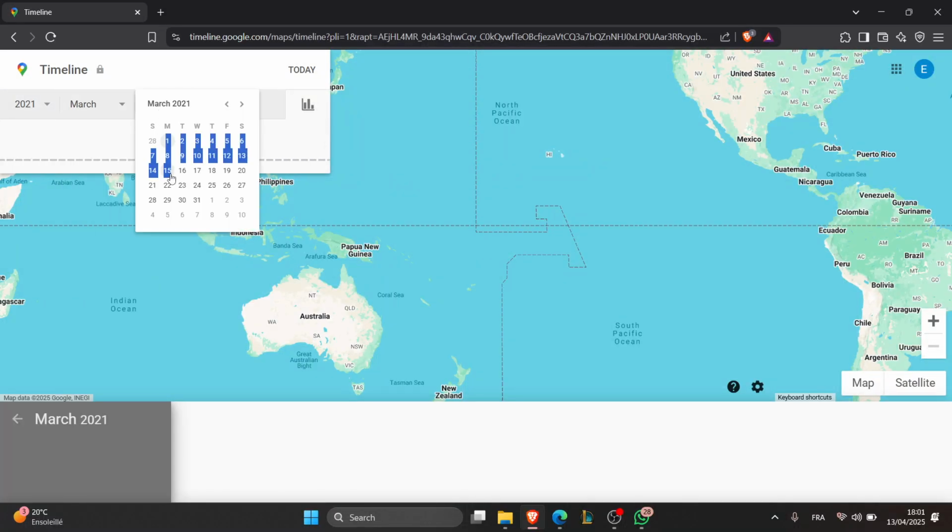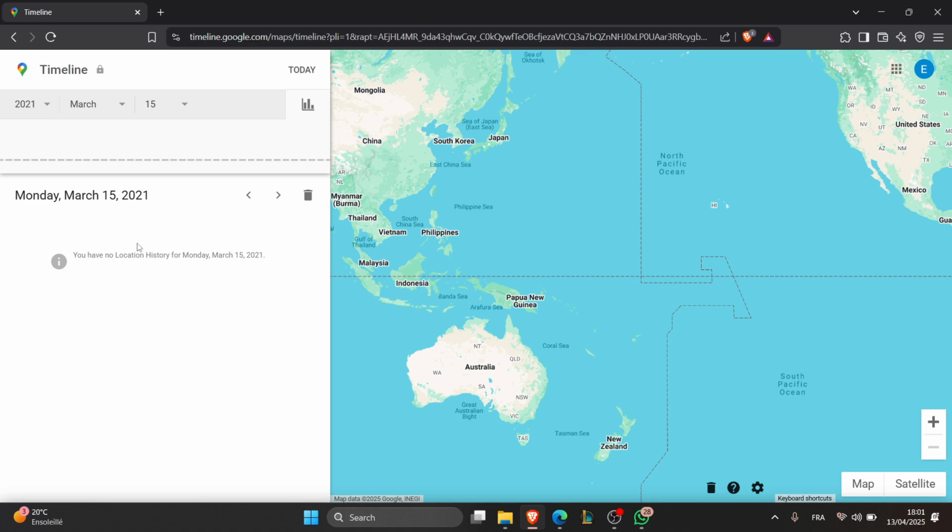March, like this, and as you can see, you're gonna be able to pick a specific date from this area right here. Now if nothing appears, make sure your location history is enabled, and you can do that by going to